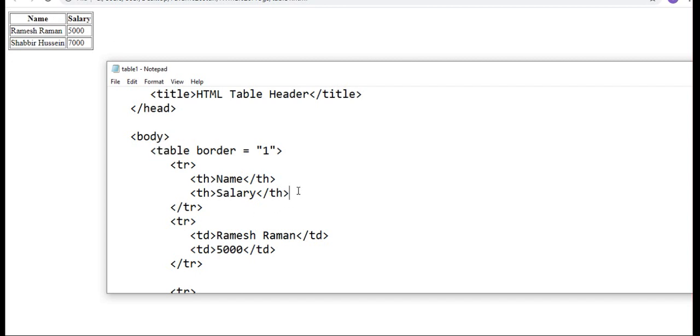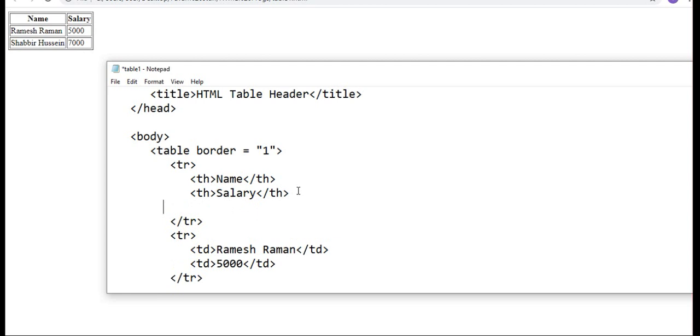If you want to add one more column, I will write it here. th, if I want to add a designation, okay, so the th tag is closed.